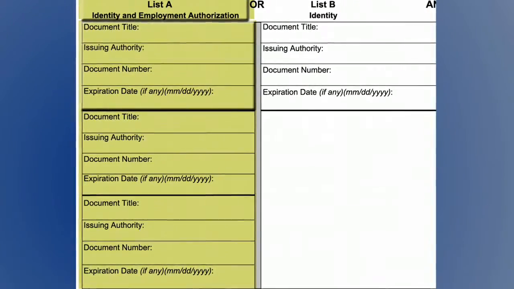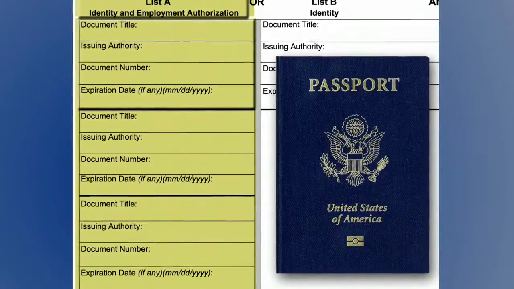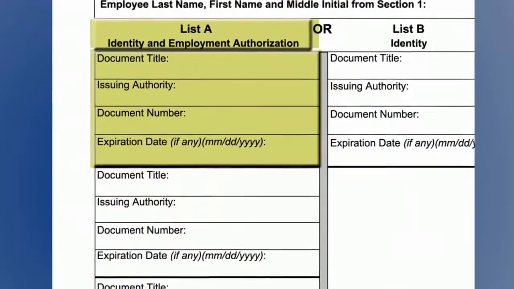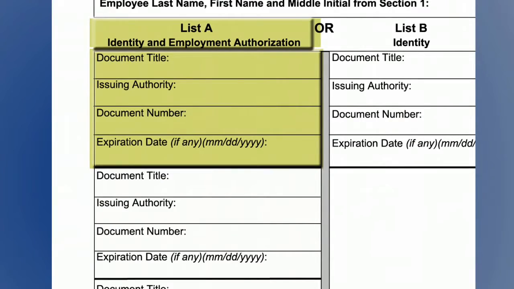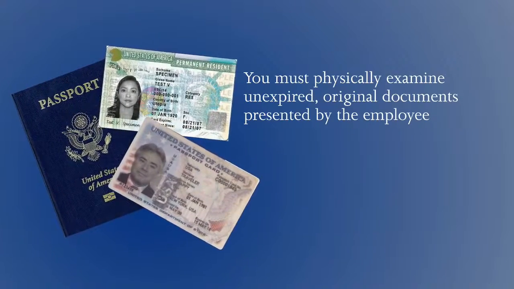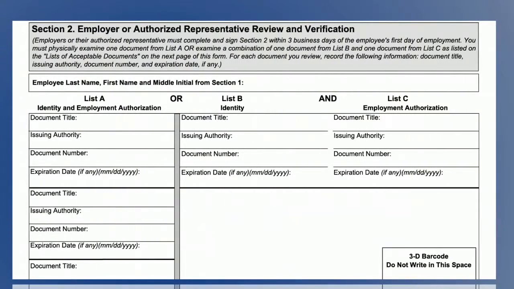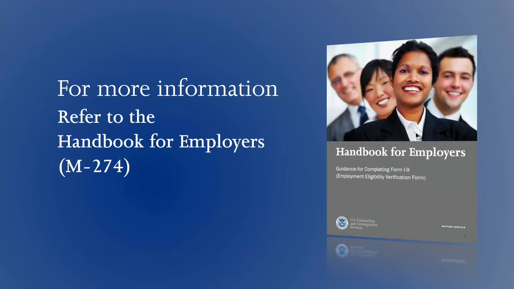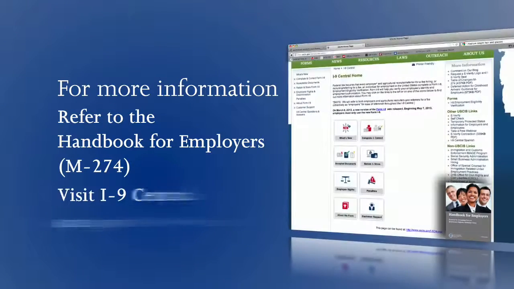However, if an employee presents a single document, such as a U.S. passport, you should record it in the first field and leave the remaining 2 fields blank. You must physically examine unexpired original documents presented by the employee. And finally, please remember that it is absolutely essential to enter the employee's name at the top of the page that contains Sections 2 and 3 of the Form I-9. For more information about Section 2 of the Form I-9 and for information on acceptable Form I-9 documents, please refer to the Handbook for Employers M-274 or visit